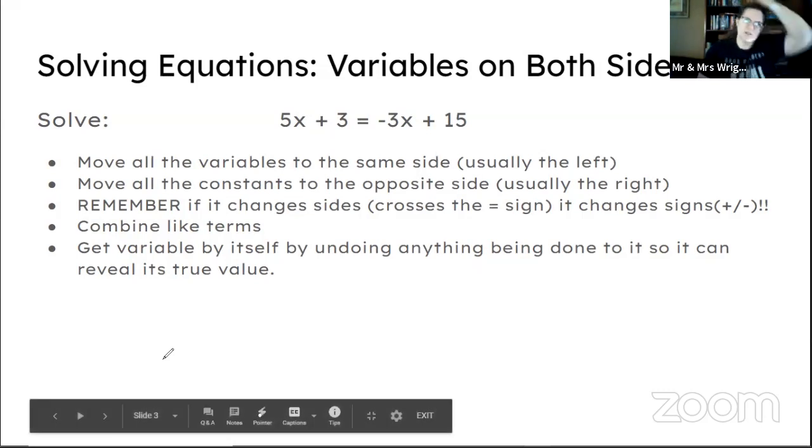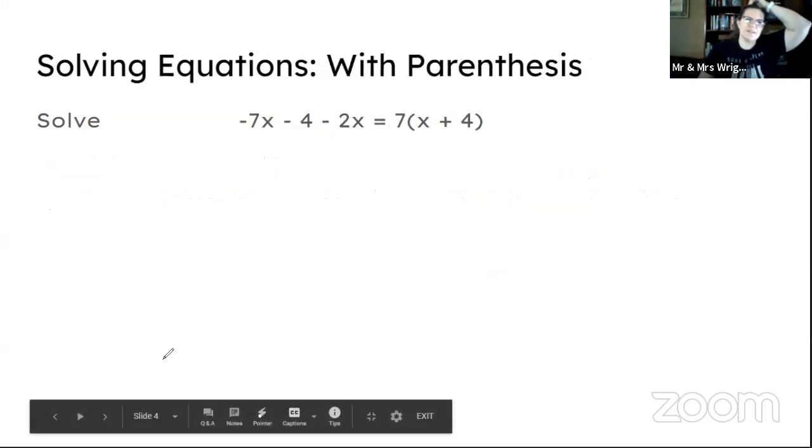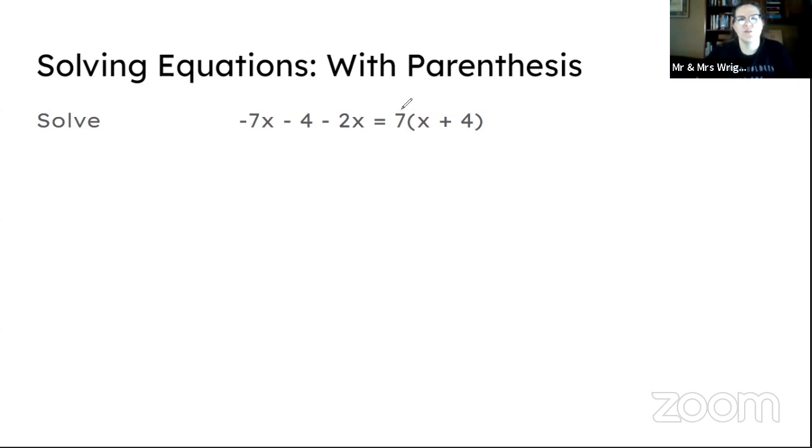All right, so equations with parentheses. In this case, before you can start solving, one of the best things to do is to distribute. We see a 7 times the things in parentheses. So there's 2 ways to handle this. You can distribute, like I was just talking about, or if it's easy to just divide by 7, you could do that as well. But you have to remember, when you have different terms like this,